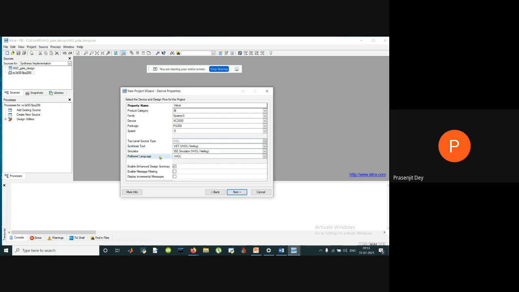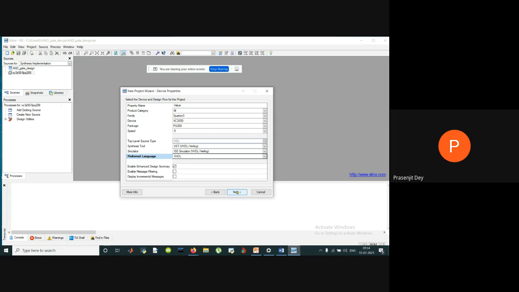When you click on the next button, a window will come up asking for the settings of the Xilinx software. In case of family, you need to select Spartan 3. There are many options there. Among them, you need to select Spartan 3 as the family. When you select Spartan 3 as the family, the rest of the options for device, package and speed will be selected automatically. Similarly, as a simulator, you need to select ISE simulator for both VHDL and Verilog. So you should be able to compile both the VHDL and Verilog programs in this Xilinx software.